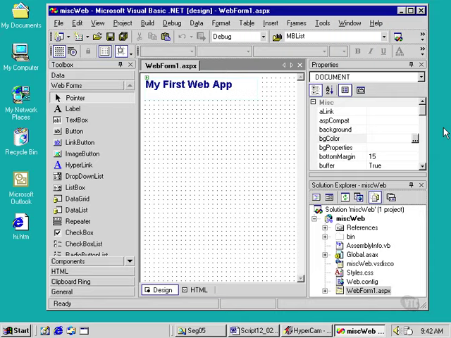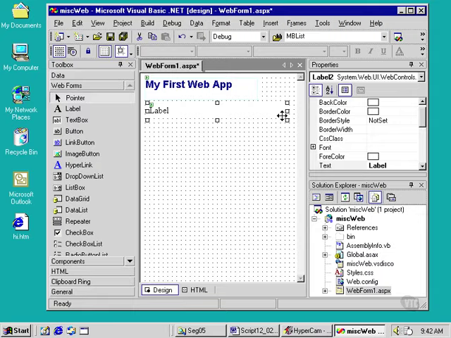Let's start constructing our application by first putting a label control underneath our existing label. The purpose of this label control will be to give instructions to the user and also to display the responses of our application. Notice that the text value for this label is set by default to the word label, and